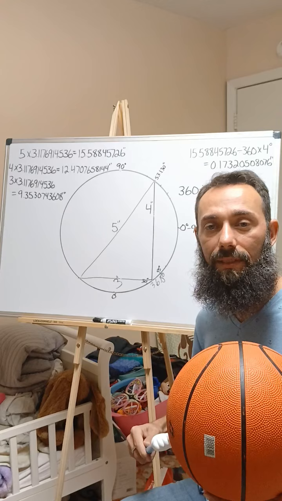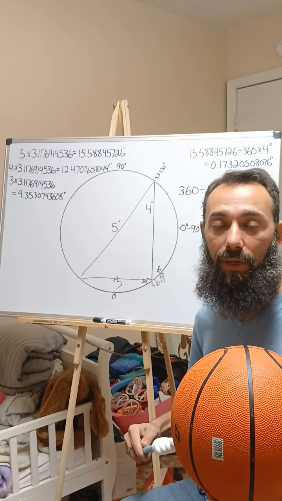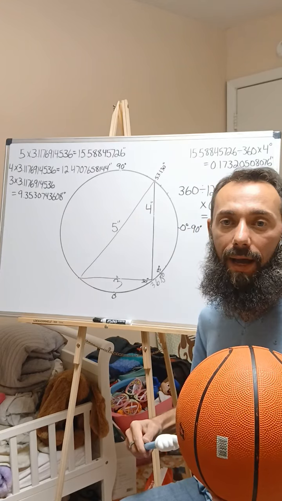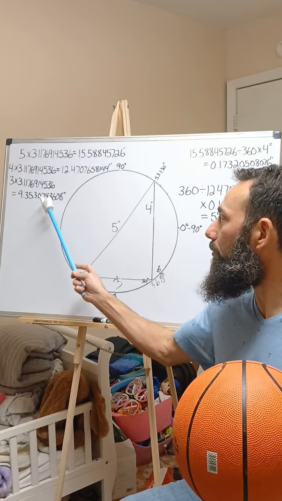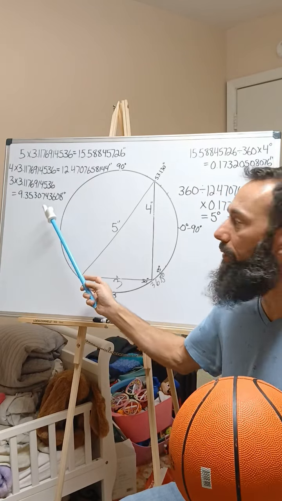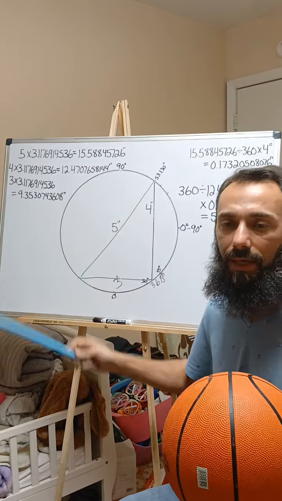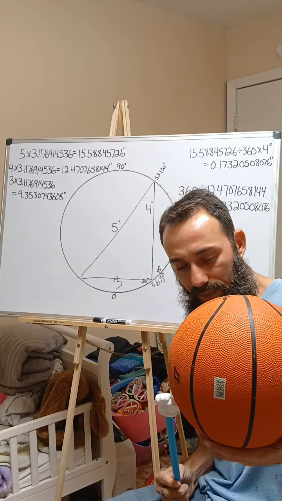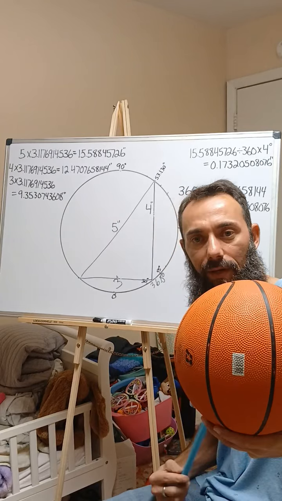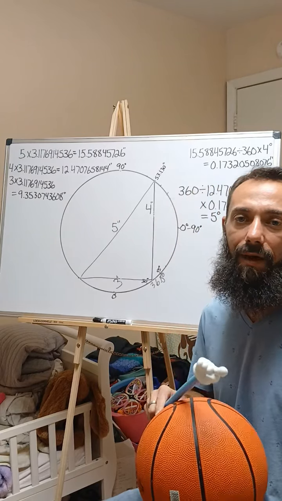And whenever you go to the bottom, call that 0, and come up the side to 36.8 degrees, the ball now is 3 inches wide. And whenever you take 3 and multiply by pi, you'll get 9.35307.43608 inches, and that's the circumference at this point of the ball all the way around. And now we're going to